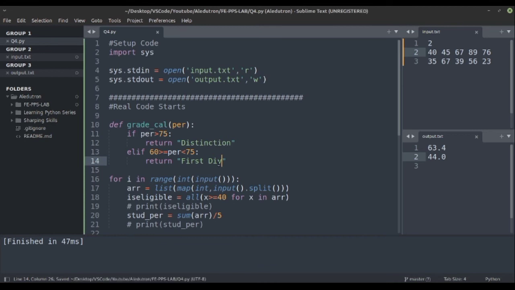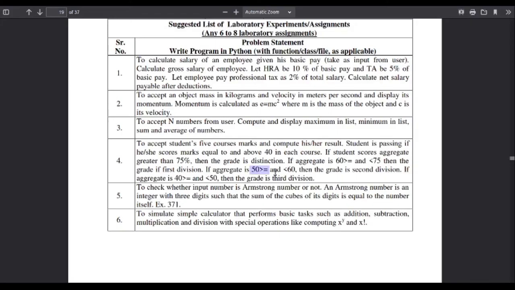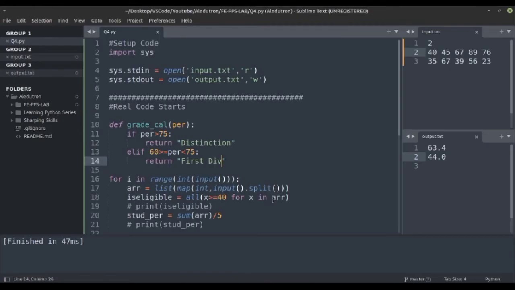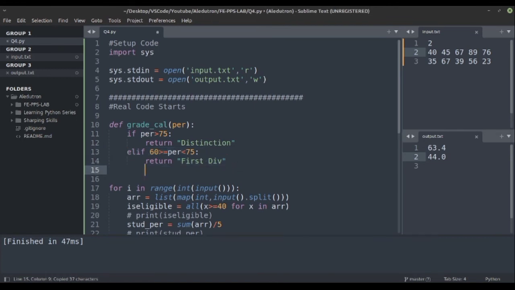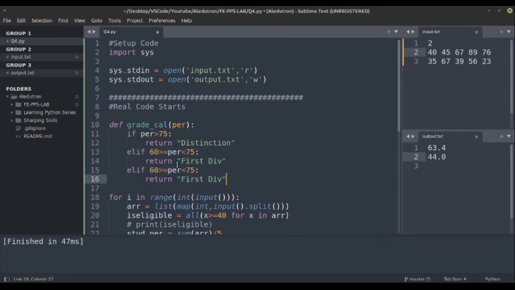Similarly, if it is greater than or equal to 50 and less than 60, let's copy this and paste this. It should be greater than 50 and less than 60, so it would be the second division.